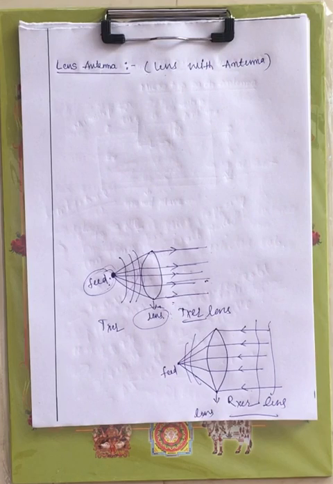Now here the main advantage of the lens antenna is it won't block any signal. If you consider the 5 different types of antenna, whatever we have seen till now, in those antennas there will be a blockage of the signals, but in this particular antenna there is no blockage. That's why the main advantage of this lens antenna is it won't block any signals, but it has disadvantages. The disadvantage of the lens antenna is it is difficult to construct, and another one is its thickness is high and it is large in size, right? Those are the disadvantages.